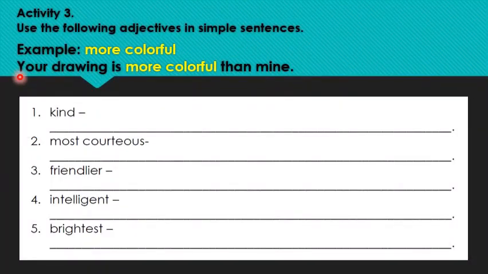Activity 3. Use the following adjectives in simple sentences. Example, more colorful. Your drawing is more colorful than mine. I want you to write a simple